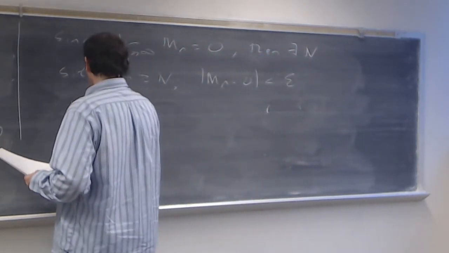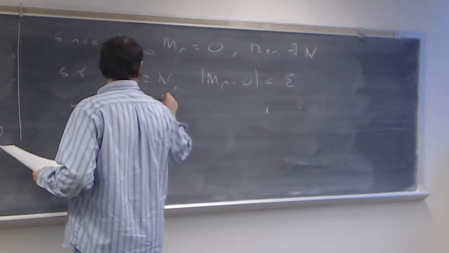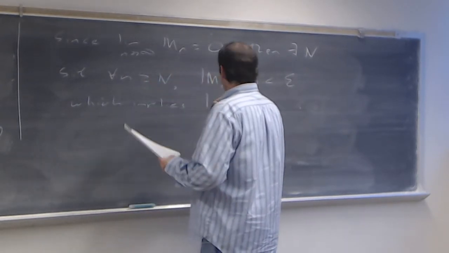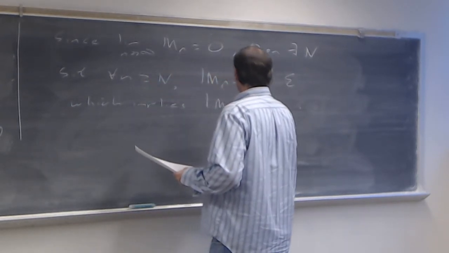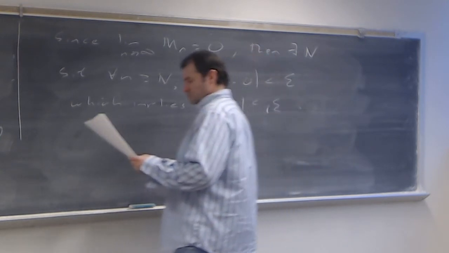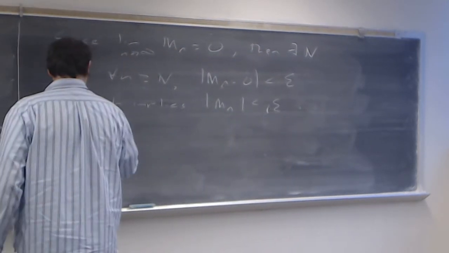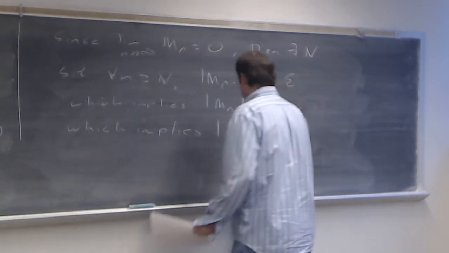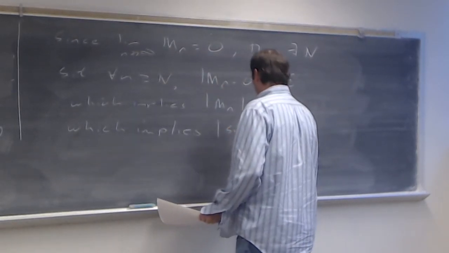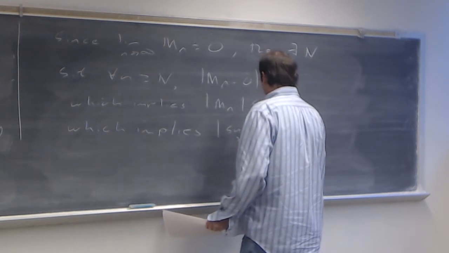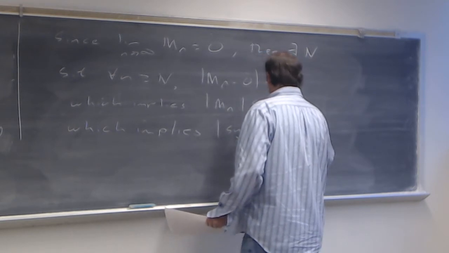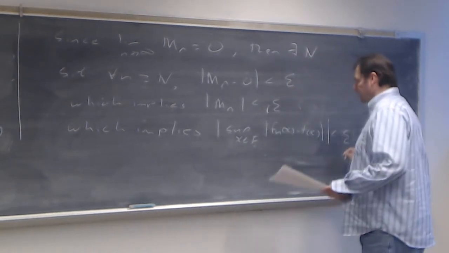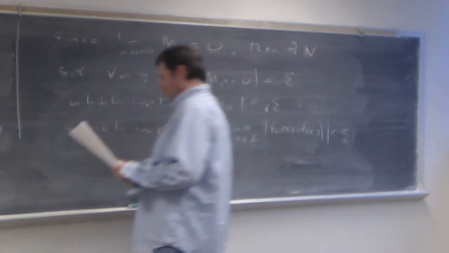Which implies that the absolute value of m sub n is less than epsilon, which implies that the sup over all x in E of the absolute value of f sub n of x minus f of x is less than epsilon, which implies